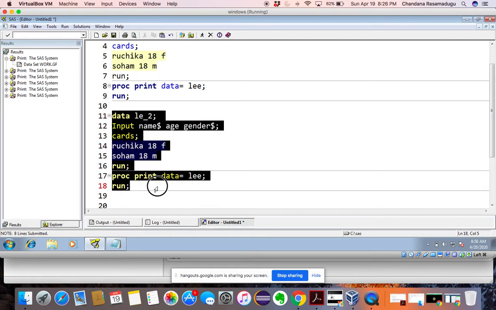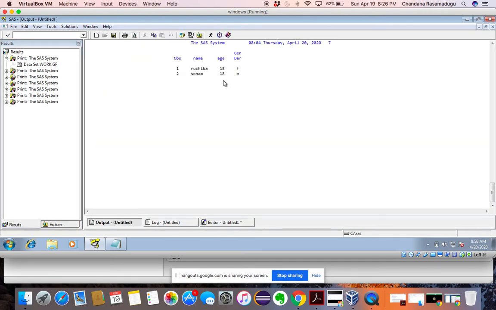Now run the program. In the subsequent characters, I can give underscores, numbers, and letters. But the name doesn't start with a number. Now see, still we got the program.